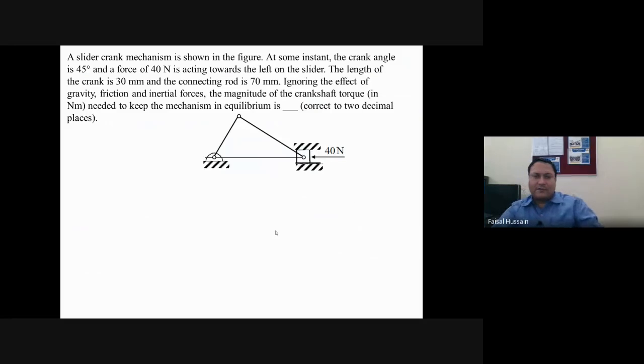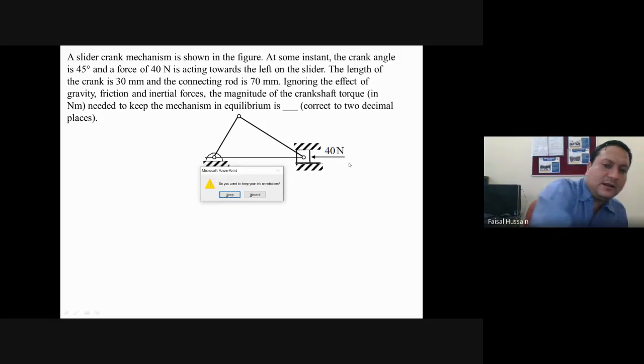So what I will do, I will just take some numericals for your understanding point of view. But before going for the numerical,